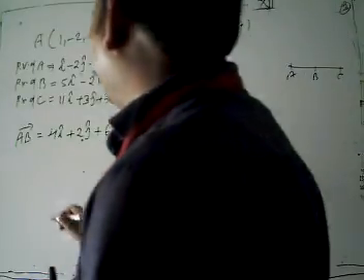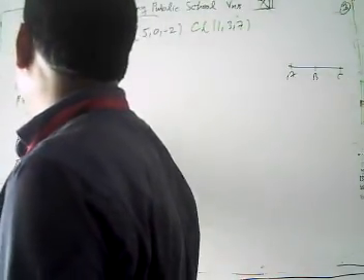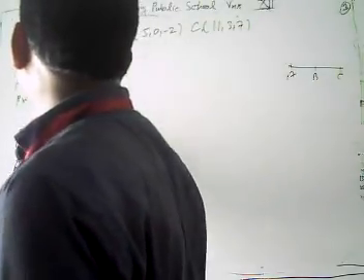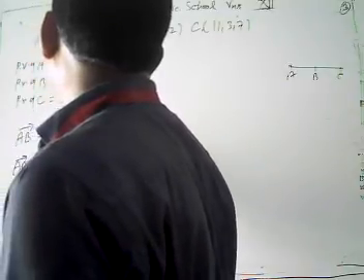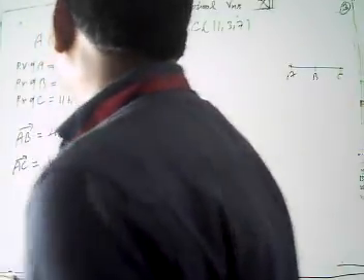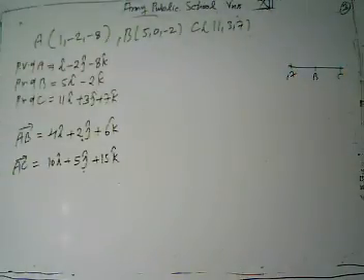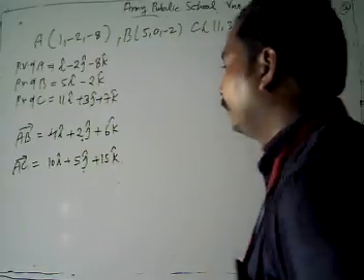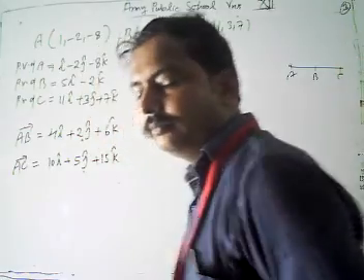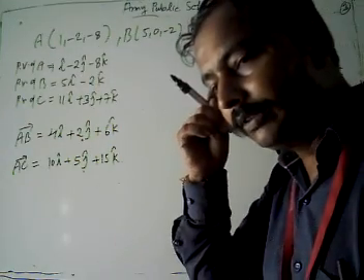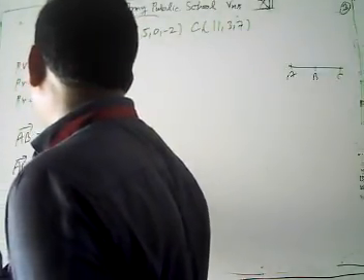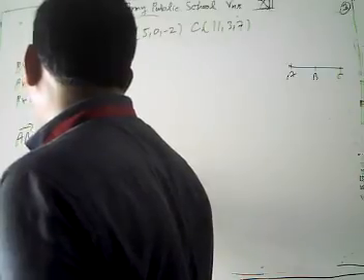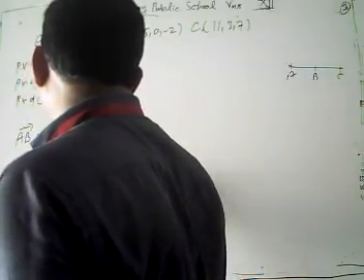Now after getting AB, we are going to get vector AC. C minus A: 11 minus 1 gives 10i cap, 3 plus 2 gives 5j cap, and 7 plus 8 gives 15k cap. So AC is 10i cap plus 5j cap plus 15k cap. We have to show that vector AB or AC is lambda times the other vector, which shows it is collinear. Now we can take 5 common, then we have 2i cap plus j cap plus 3k cap.